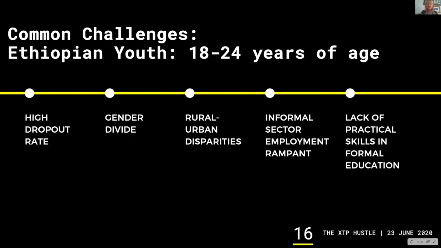So what we've done here is we've started to look at a specific demographic, 18 to 24 years of age. I haven't put the specific region because I think in many countries of the world, Ethiopia included, it's not good enough to just say our audience is Ethiopia, or our audience is Ethiopians between the ages of 18 and 24. Keep in mind that as we continue in partnership with Doug and Steve to work on a few different things, we'll hone in, the next time, on a specific region,